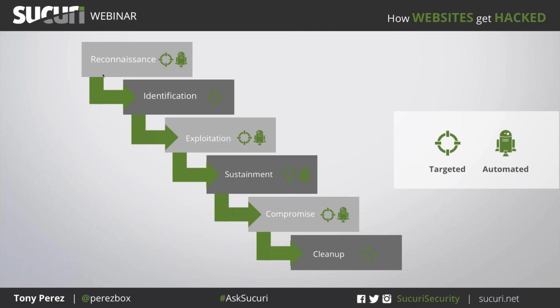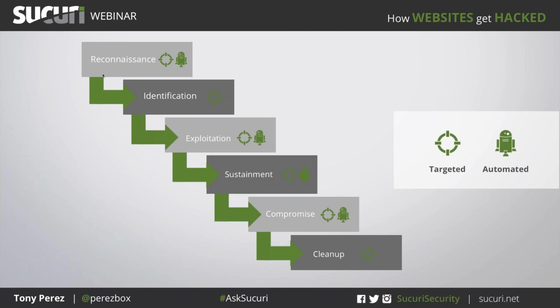Then on the targeted side, you move into the identification phase. Okay, they're running WordPress 3.0, but they're running the Revslider plugin, and maybe they're running Gravity Forms, and I know that there are two major vulnerabilities in those two plugins, and they're running the right version, so I'm identifying what I'm going to attack. So the targeted attack is a little bit different. I don't necessarily know how I'm going to get in, but I'm going to identify what's going on, and then I'm going to proceed with my exploitation.